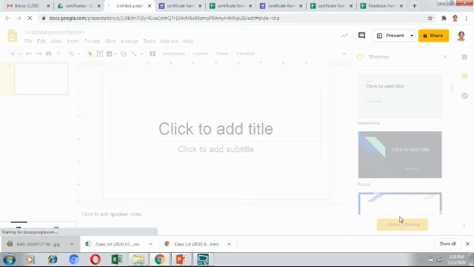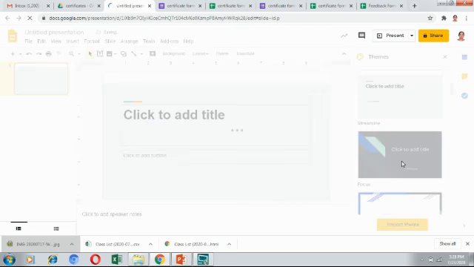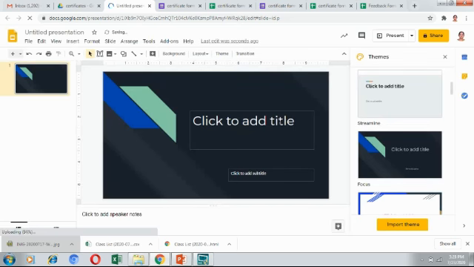From this layout, you can choose any one, and then you can prepare a template for your certificate. I have already prepared a template, so I am going to use that. This is my certificate template, and once you design this, it will be available in your Google Drive.